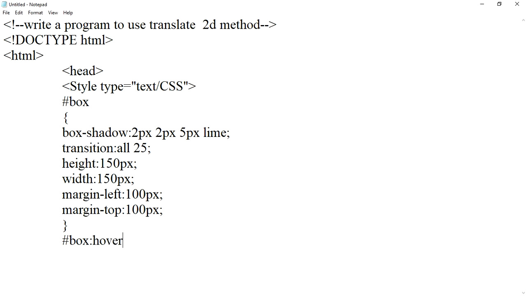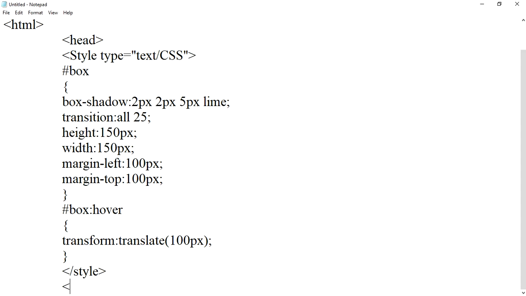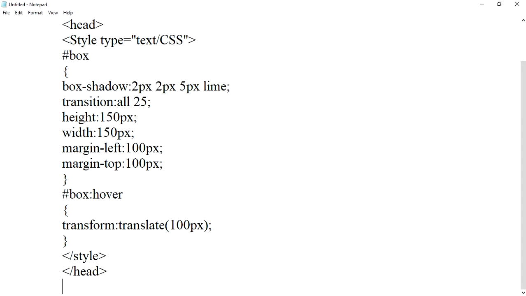box equals to hour, transform translate 100 pixels. Now we'll end style tag, head tag,